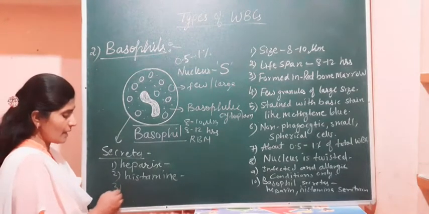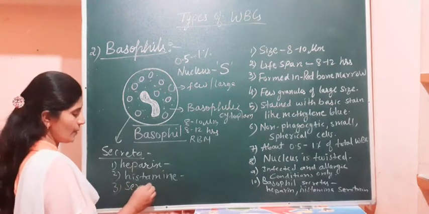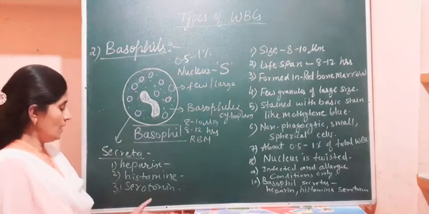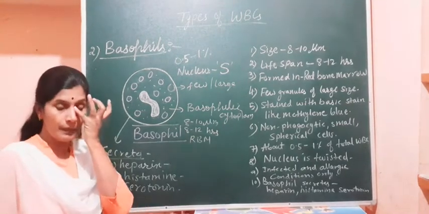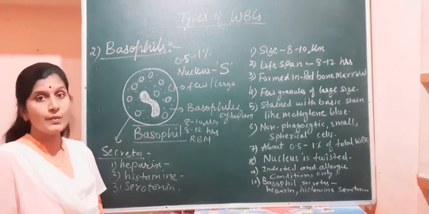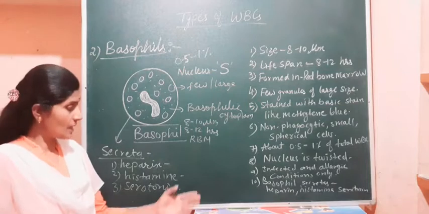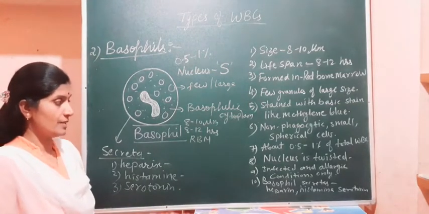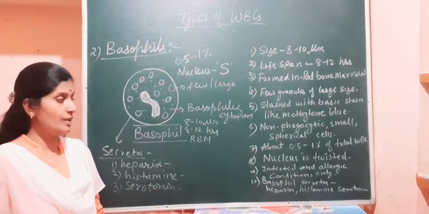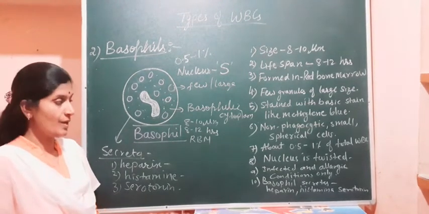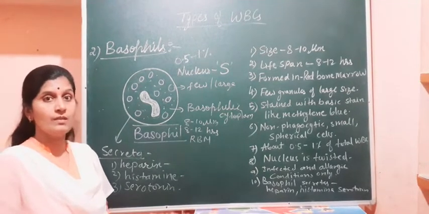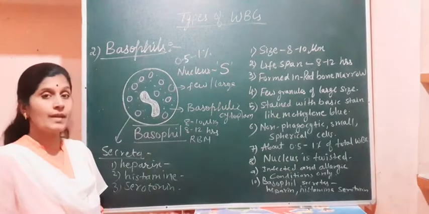Next, the third chemical is serotonin. Serotonin is also a chemical that takes part in happiness and sorrow. It is a neurotransmitter. It is also called the happiness serotonin, because when we get more happy, serotonin is released into the brain. So the person will be much happy, or sometimes he feels sorrow because of this serotonin.